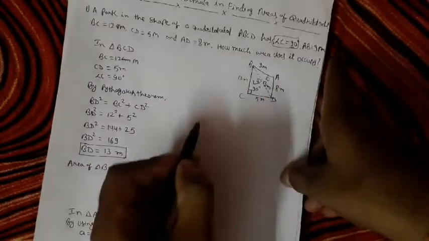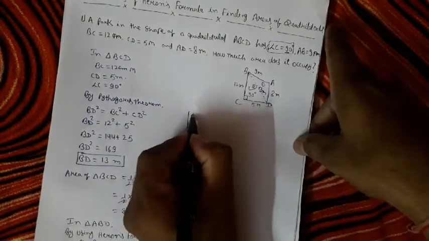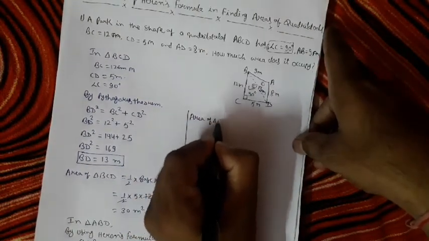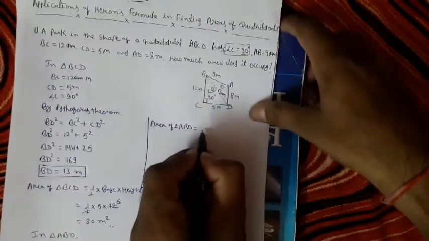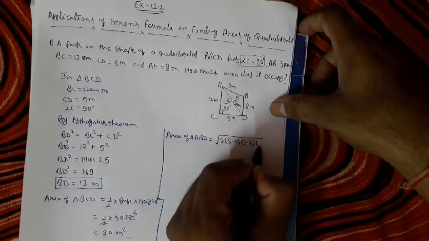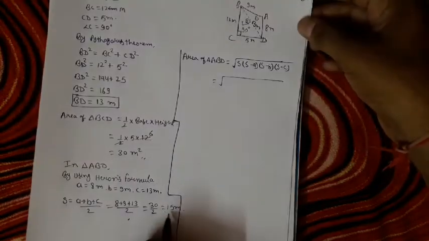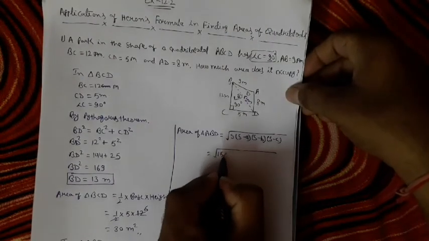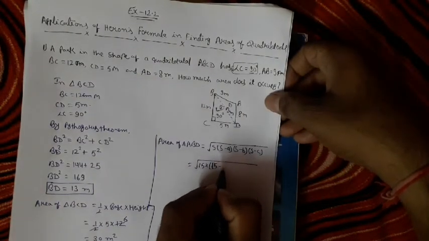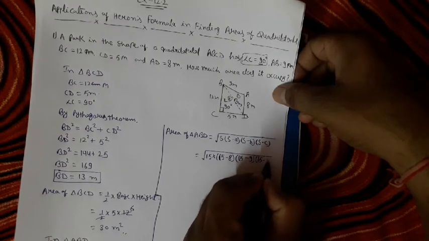Now by using Heron's formula, I am solving this part here only because if I turn the page, you will not be able to understand. So as you know, area of triangle ABD, what is Heron's formula? S minus A, S minus B, and finally S minus C. This all will be multiplied. S we have found here 15. So instead of S, I am taking 15 into S minus A, 15 minus 8. S minus B, 15 minus 9, and S minus C, 15 minus 13.